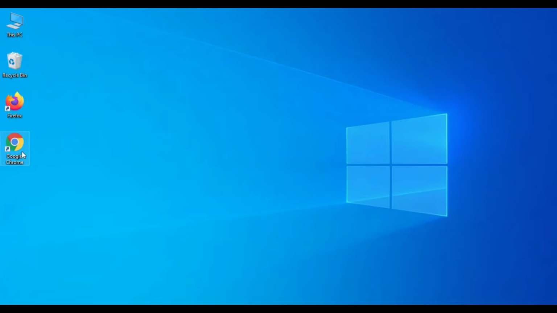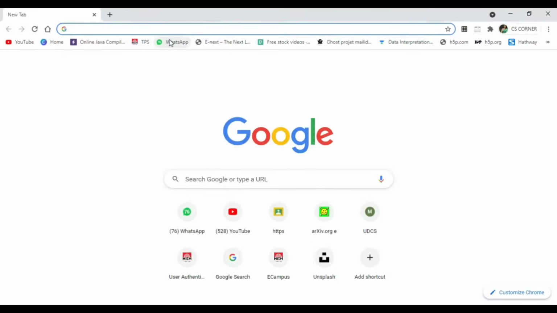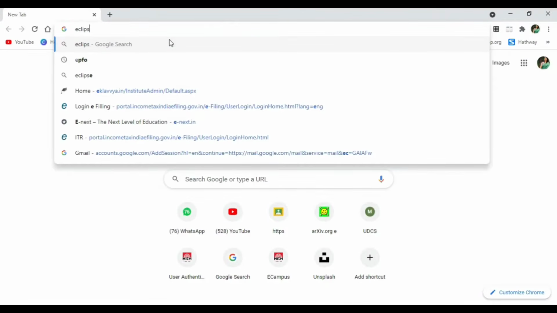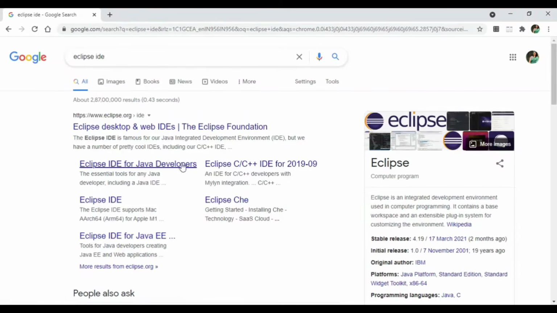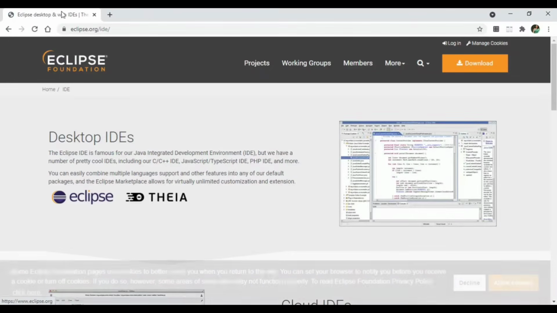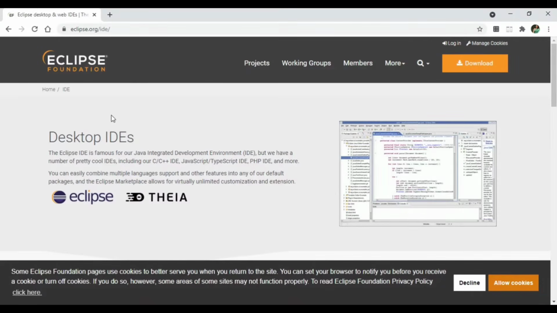So you can select any of your favorite browsers and just type Eclipse IDE. Here you can see the first result, that is eclipse.org, which is the official website, and click on this option. It will take you to the official website of Eclipse.